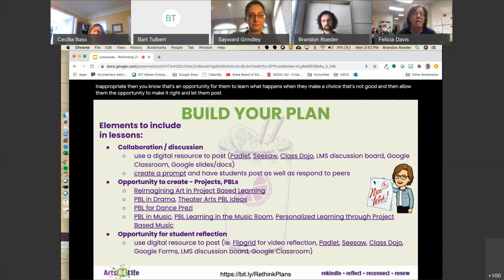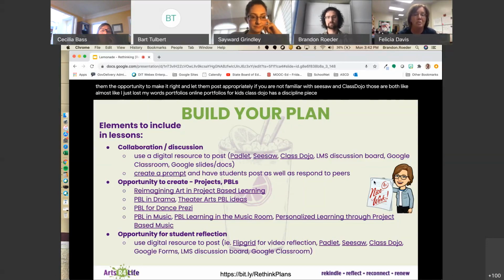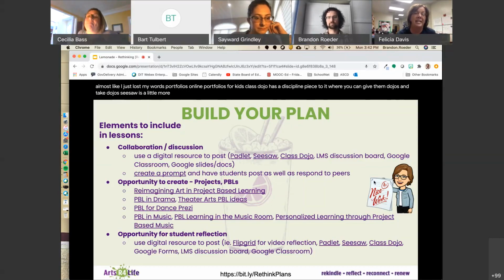If you are not familiar with Seesaw and Class Dojo, those are both almost like, I just lost my words, online portfolios for kids. Class Dojo has a discipline piece to it where you can give them dojos and take dojos. Seesaw is a little more secondary looking, and it is great.